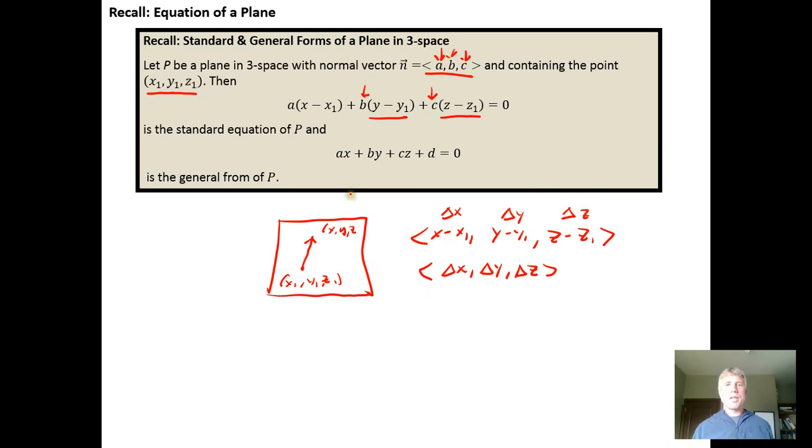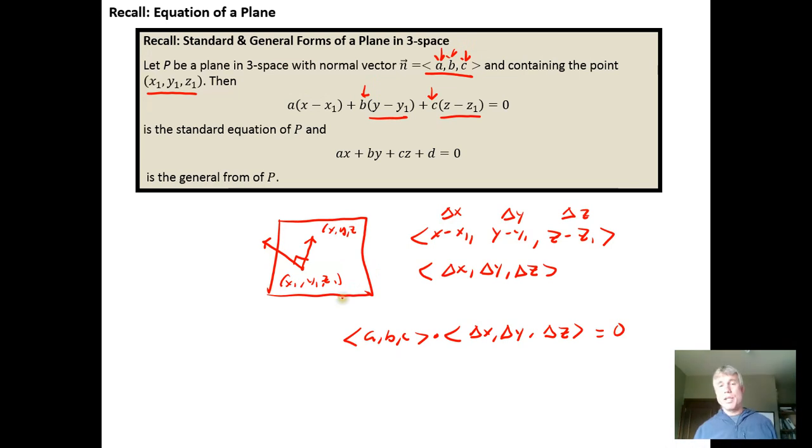And then our perpendicular vector was the vector ABC. It has to be perpendicular to any vector in the plane. When we take the dot product, we do ABC dotted with our delta x, delta y, delta z. We took advantage of the fact that the dot product of perpendicular vectors had to be equal to 0. So the key is, if we want to find a tangent plane at a point, a tangent plane to